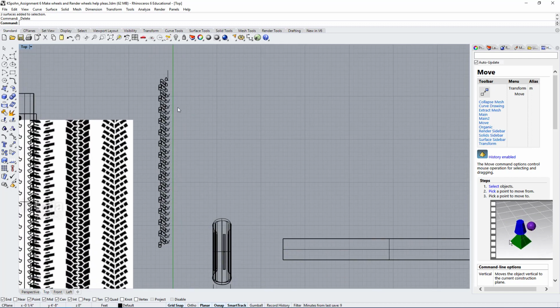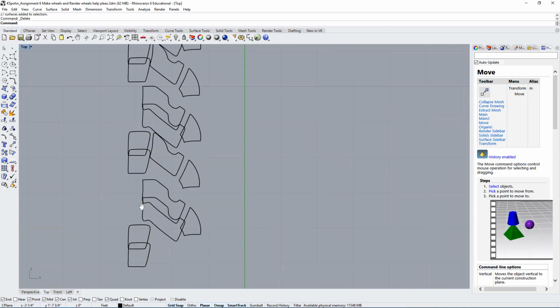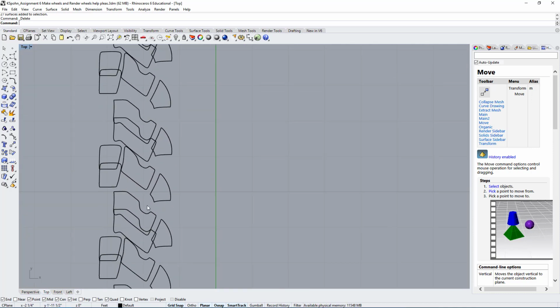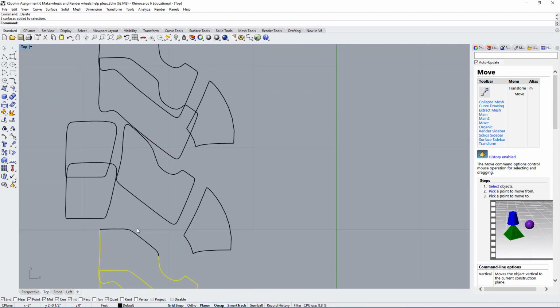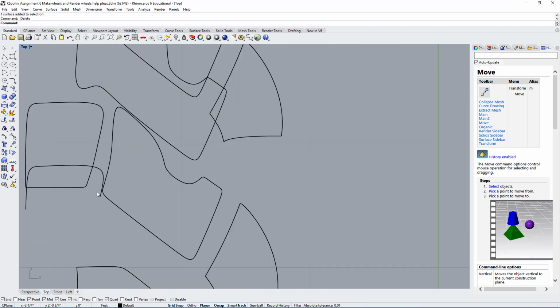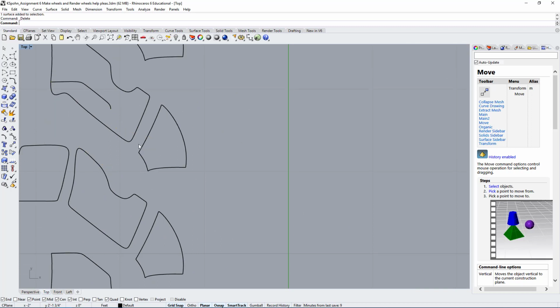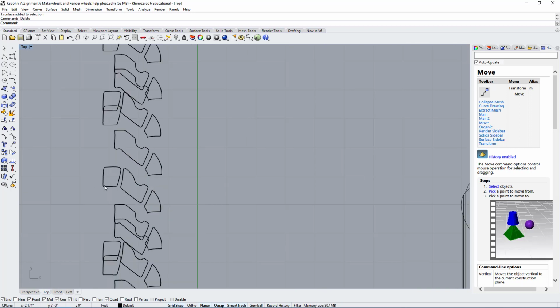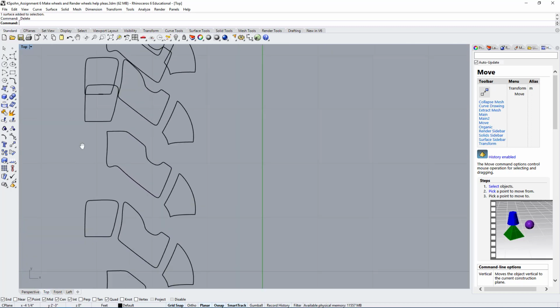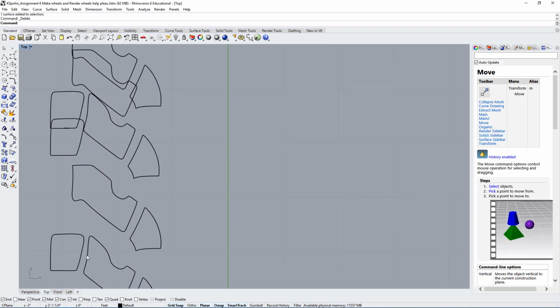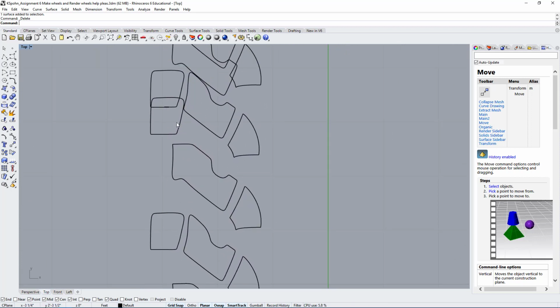Okay, let's delete everything we do not need. And let's go back and figure out what we do want to keep. So this is crazy out here. You've got so many overlaps. We really don't want that. I mean, the first thing is you have to spend the time and get this pattern to actually make sense. And initially this pattern did not make sense. So we do have to tweak it and try to get better results.